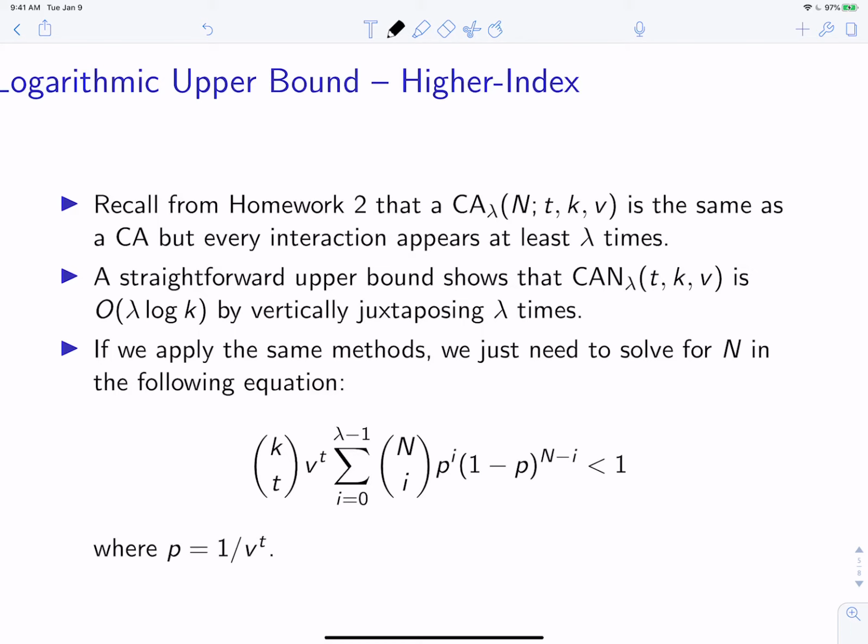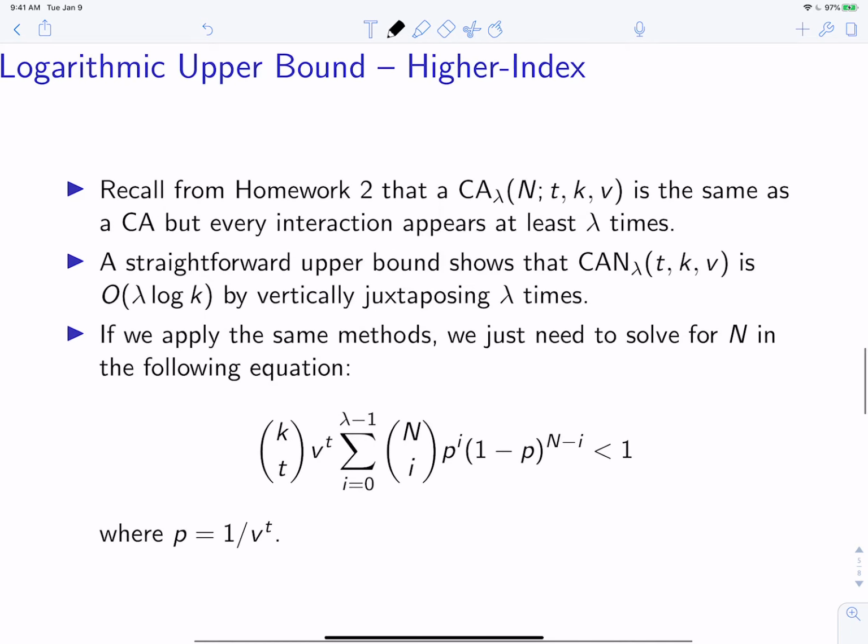Well, we just said that covering arrays where everything appears at least once is theta log k. So for redundancy lambda, where everything appears lambda or more times, take the array where everything appears once and just juxtapose it lambda times. Don't do anything smart, that'll definitely give you a covering array